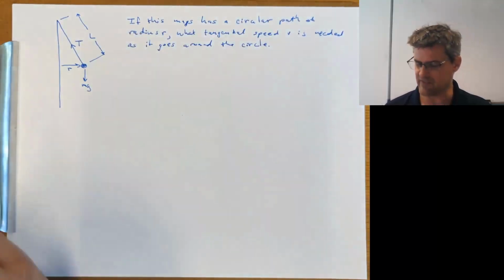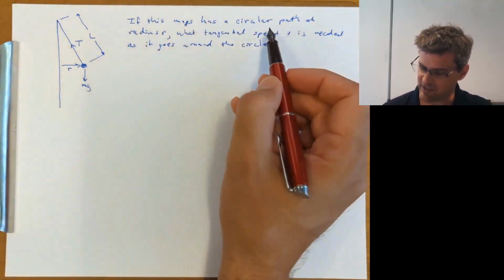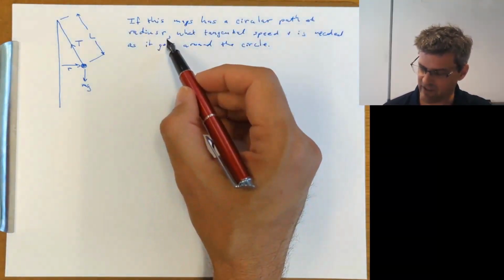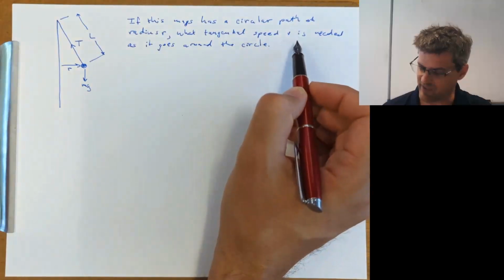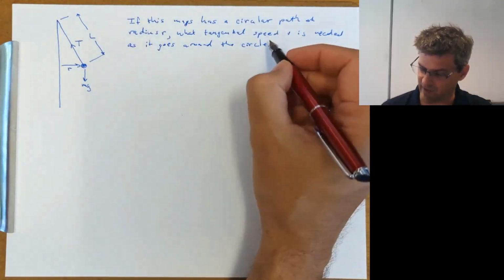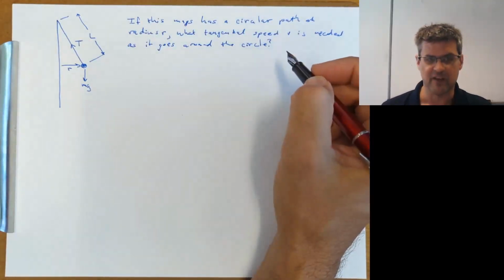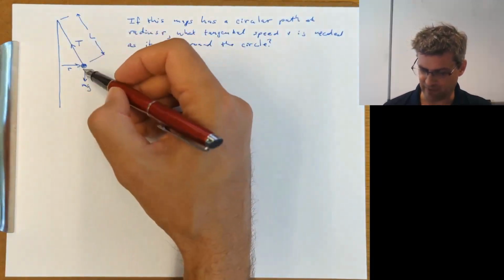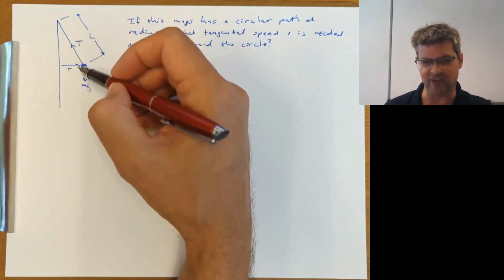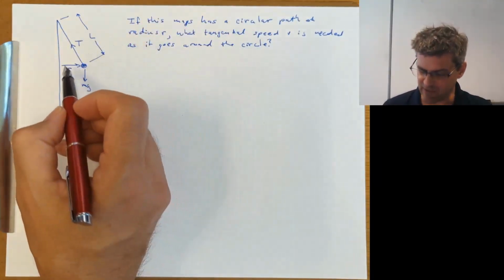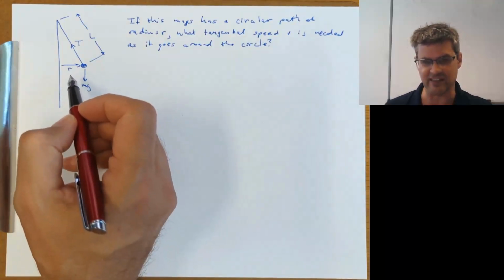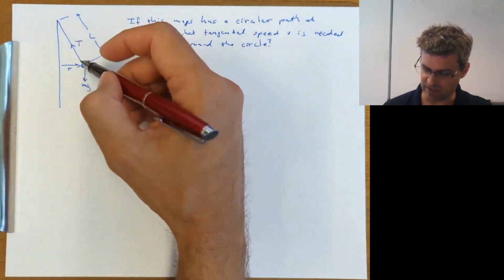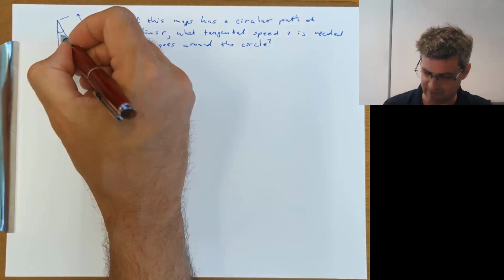So again, if this mass has a circular path of radius r, what tangential speed v is needed as it goes around the circle? So looking at this, I don't want the mass to be going up and down along the pole, but I do need to have some center-seeking acceleration. So looking at the free body diagram here, maybe we have this theta